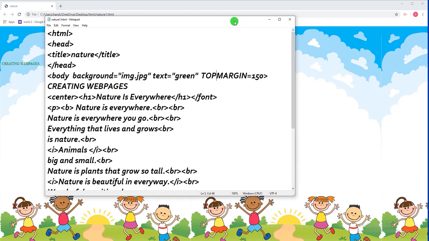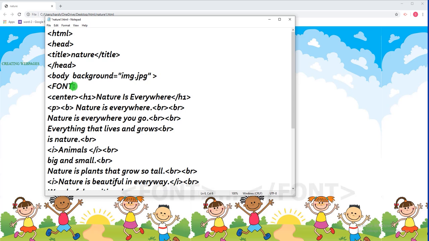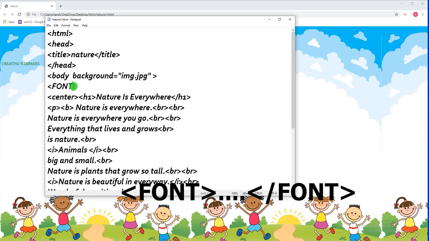Yes, for this we have the tag. We will be doing the font tag. The font tag is used to change the font of the text. Font of the text means the writing style, the writing color, the writing size, which makes our text very interesting. So for that we make use of the font tag, and font tag is a container tag, means it comes in pairs. It has a starting font tag and then a closing font tag.